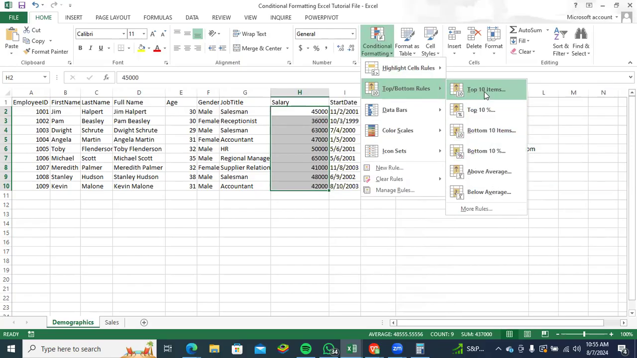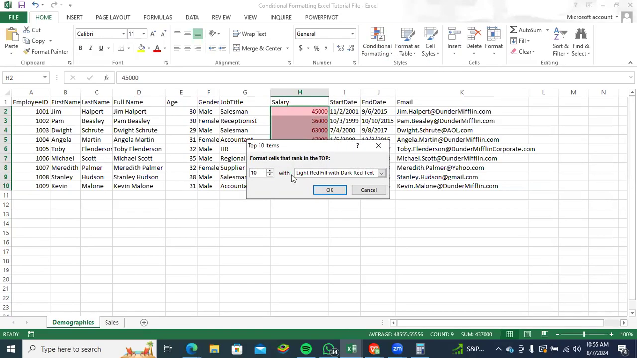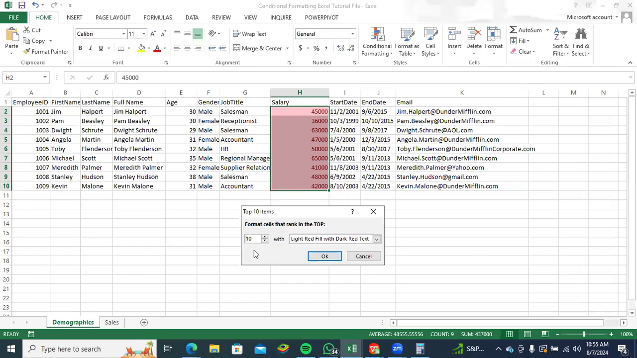Let me say top 10. You see, when I click on top 10, you want to know, let me say top 5 or top 4, top 4. So I'm telling the conditional formatting to pick the top 4 most paid workers, and it's giving me the perfect visuals. 63,000, 50,000, 65. If I should reduce it to 2,